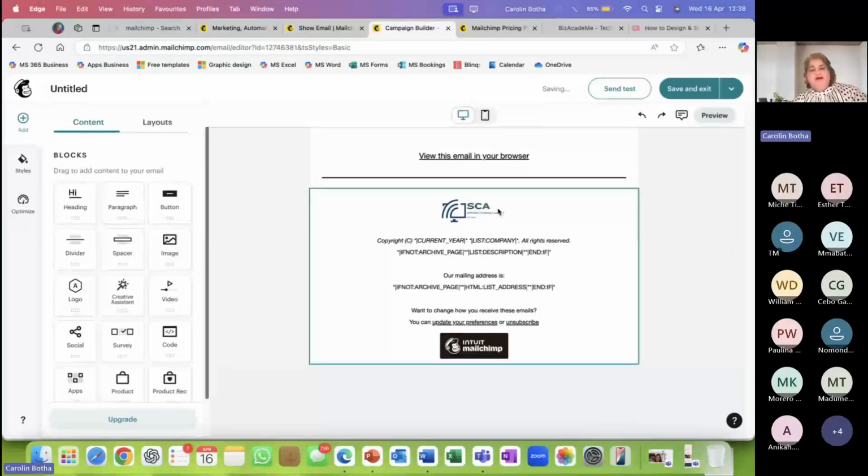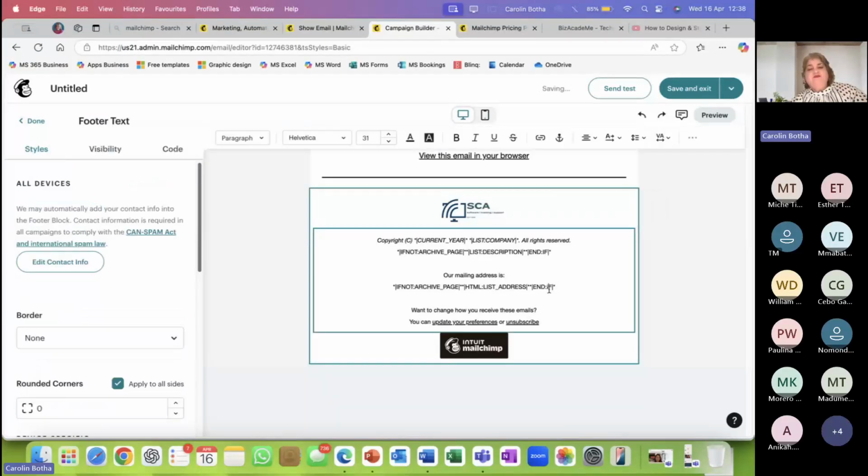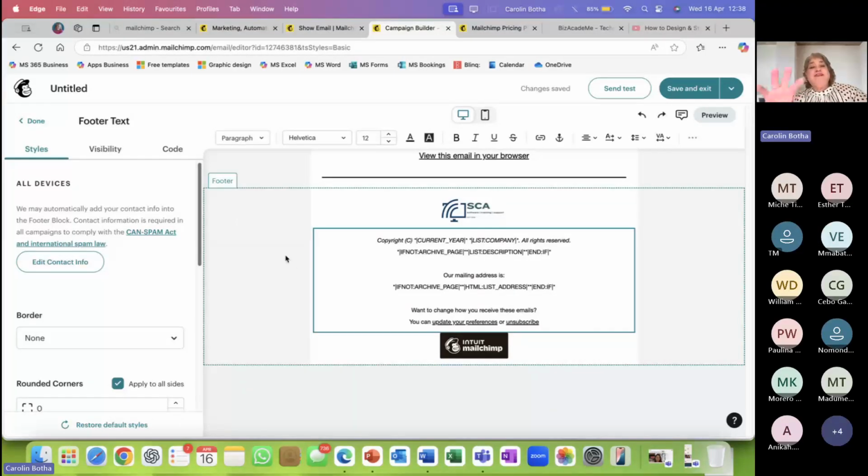So at this point in time, what I have is my logo, which is sort of part of the whole design automatically. And I don't know why it was on top. I really don't know. And you have this block by default, which is compulsory. You must have it. And at least you're safe. So this is pretty much what you get when you choose the blank option. Remember when we started, we had blank and, I can't remember, some ideas, I think it was, and then templates. So this is pretty much what you get when you start with the blank one.